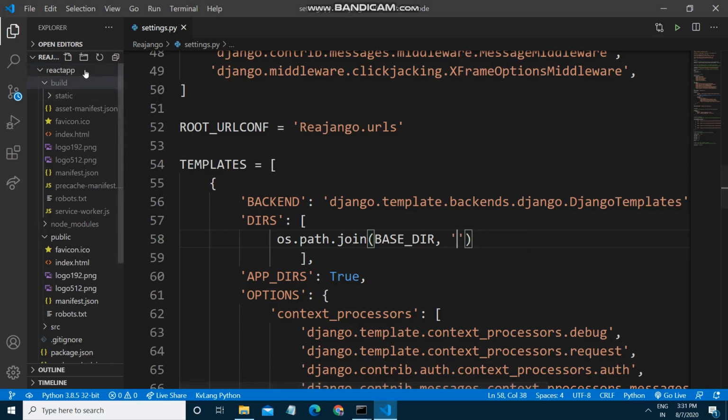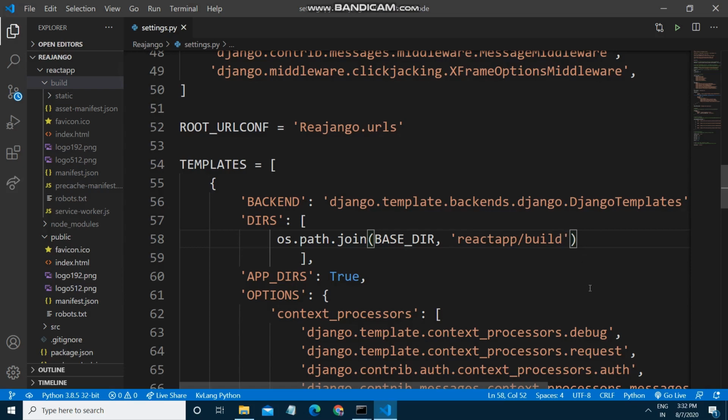Then we have to go into the React app, so I will type react-app slash build slash index.html. So it is our path.